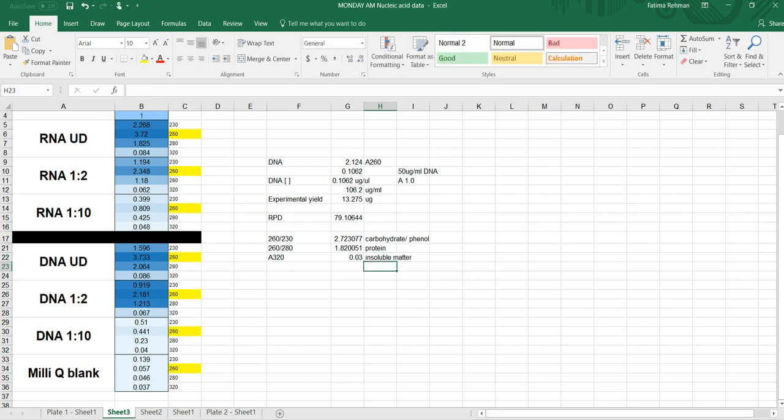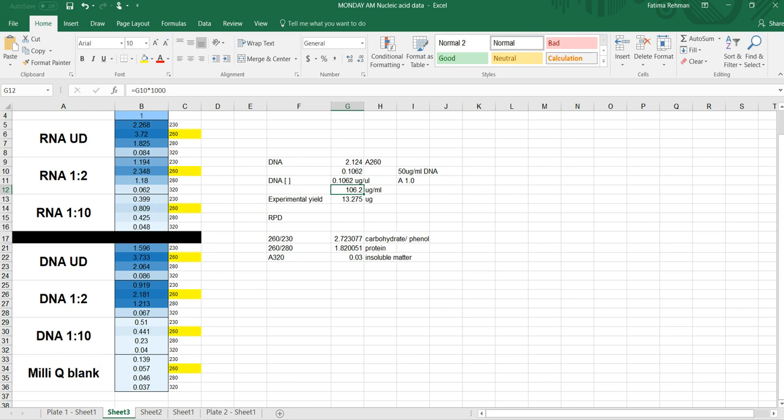Now, while we are here, I want to actually remind you of something I forgot to do in the last video in my hurry. I apologize for that. So this is the concentration of your DNA in that diluted, 1/2 diluted fraction. That's not your actual concentration. So you actually need to first get the correct concentration here. And to do that, you have to multiply with the dilution factor. And the dilution factor here was 2, so you want to multiply by 2,